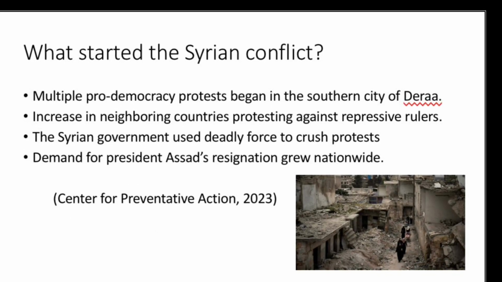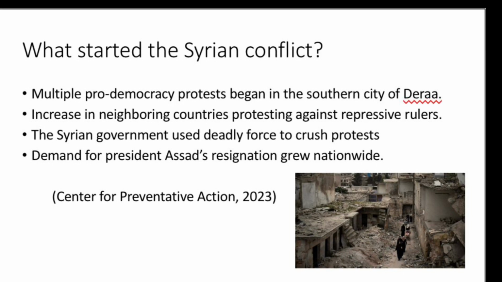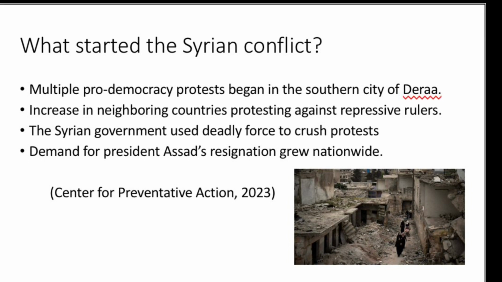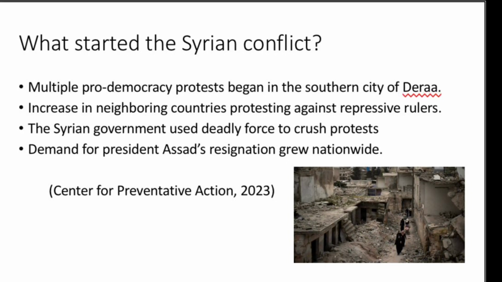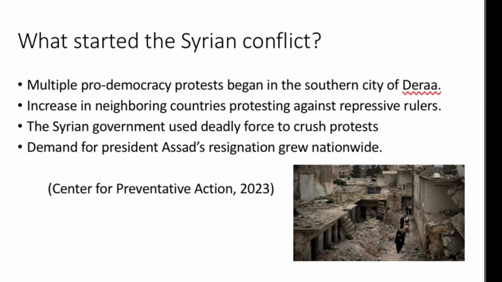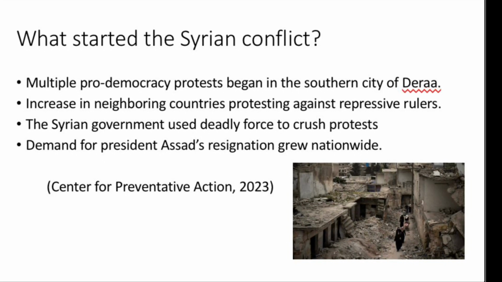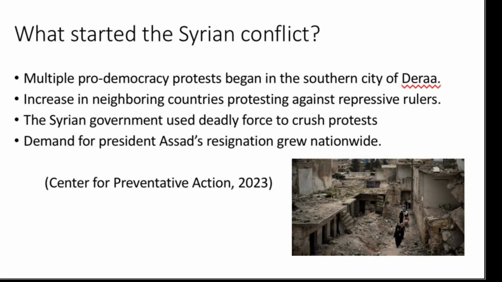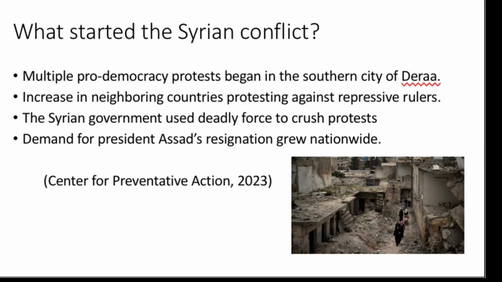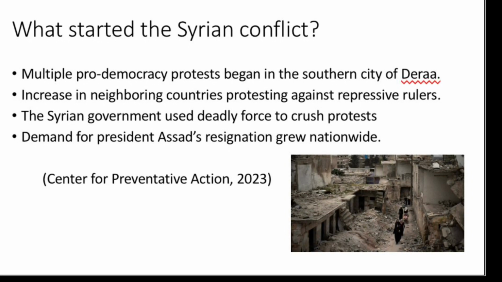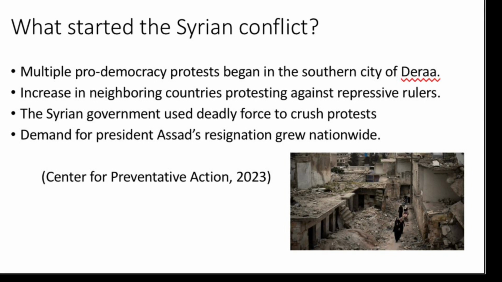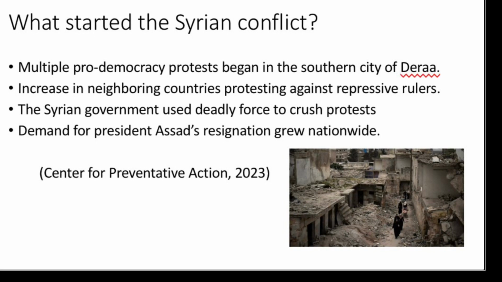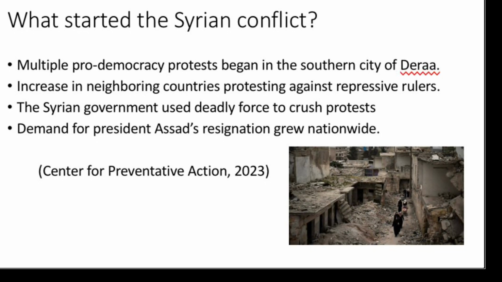Let's talk a little bit about what started the Syrian conflict in that country. So a lot of the citizens of the city Dara noticed that a lot of neighboring countries were protesting against their own repressive rulers, and so they wanted to do so themselves. As a result, the Syrian government used deadly force to crush those protests and then ultimately used excessive force against citizens across the nation. Their ruler Assad was really behind all of this against his own citizens,